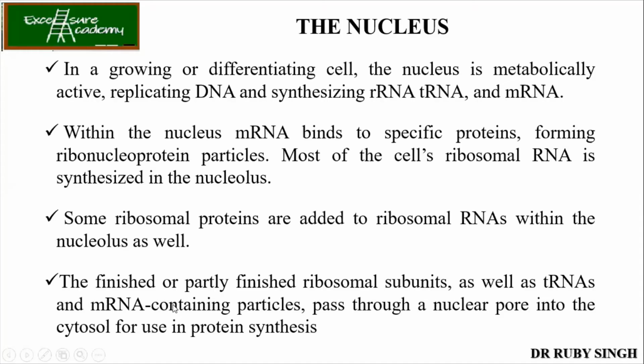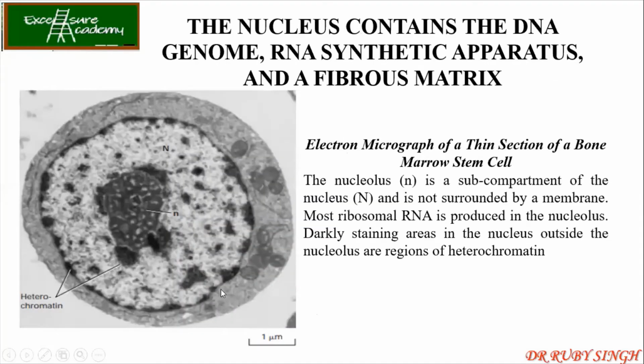So we discussed this. This is the electron micrograph again of the nucleus. You have the nucleolus over here. Wherever you see the dark component, those are your heterochromatin. Now what do you mean by heterochromatin? Two types of chromatin we know: heterochromatin and the other one called euchromatin. Right? Now, Rinki, what do you mean by heterochromatin?